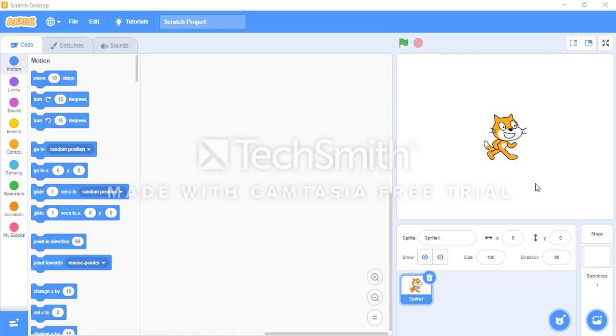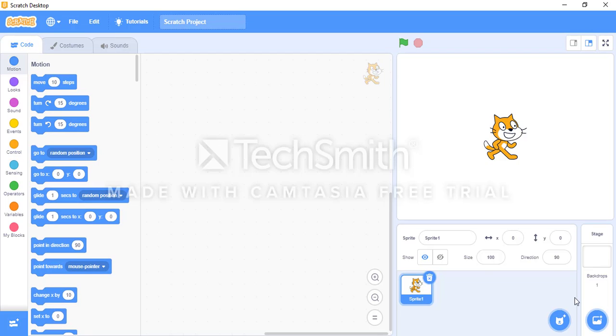Today we're going to create a basic Scratch game. I call this one a catchy game. I'm putting forward this video for those who are new to the world of Scratch, so that they can get to know the basics and bring their imagination and creativity to create something much more awesome. So let's begin.